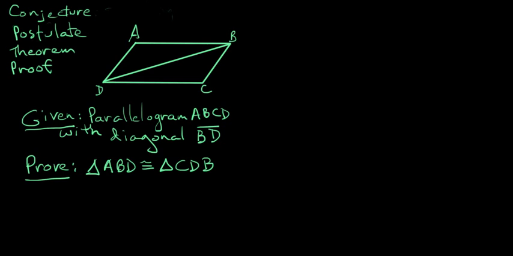Conjecture, postulate, theorem, and proof. These are words we've used before in geometry, and you really need to know what these words mean. So look those up. Okay, conjecture, just to give you a rough rundown, a conjecture is something we think is